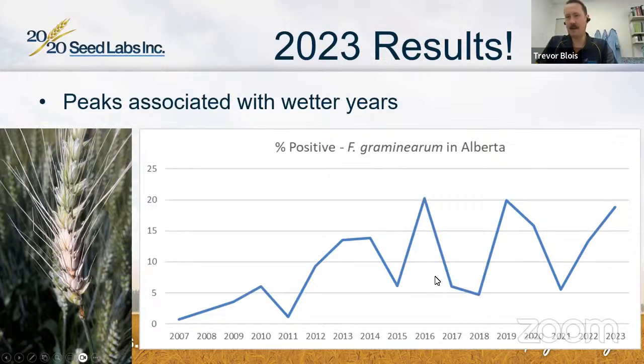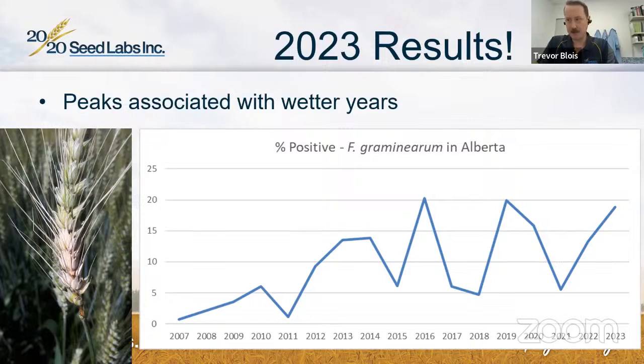But 2017, 2018, drier years, dropped back down. And 2019, we saw another peak here. 2020, it dropped down. 2021 was another low year, quite dry. 2022, we saw an increase. And now 2023, we're seeing quite a high amount testing positive, at about 18% of samples testing positive for Fusarium